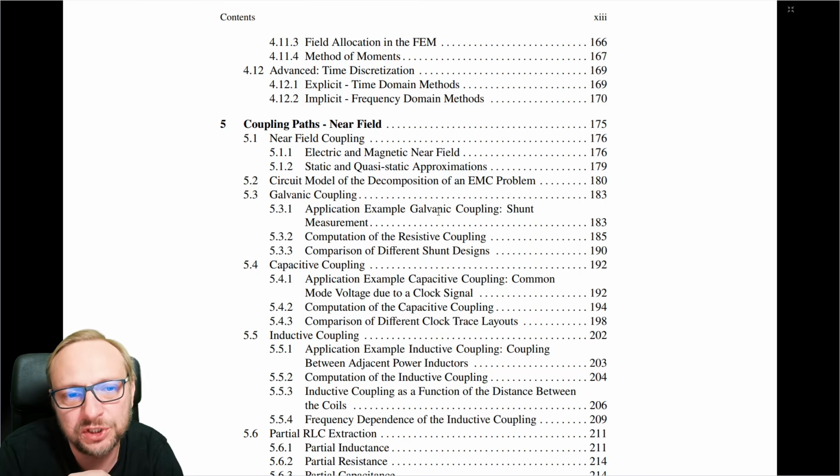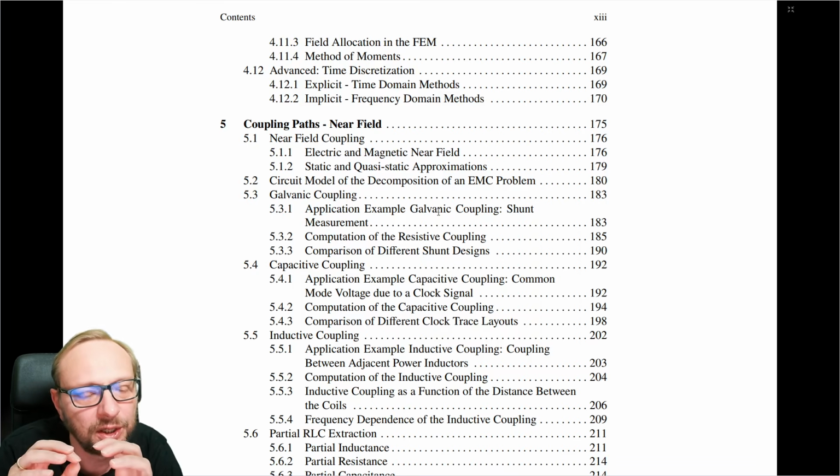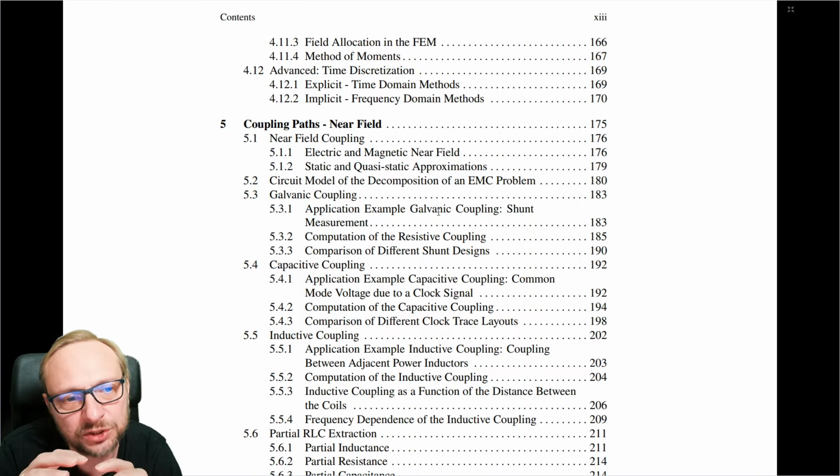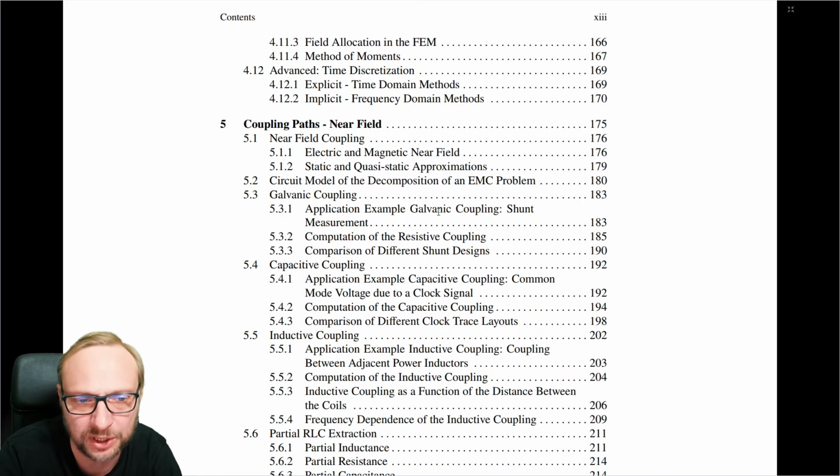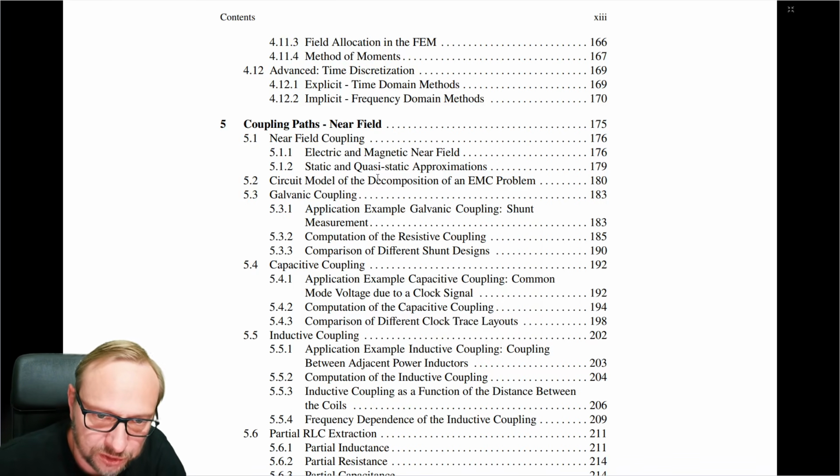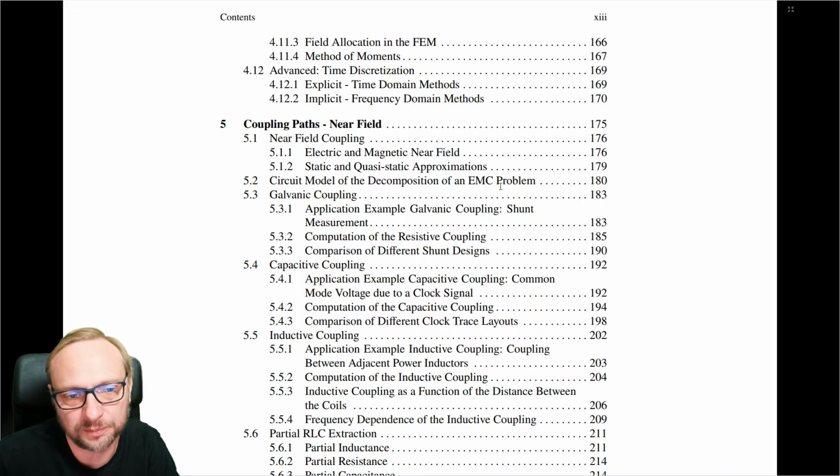It's more of a teaching chapter to give you the idea of the workflow. We use an electromagnetic simulation to calculate the properties of the coupling path. Later on, we will not use much of what is done in chapter 5, but it's something which teaches the thinking. And what we do is we have this decomposition of the EMC problem, right? In source, coupling path, sink. We do such a decomposition in terms of the circuit model